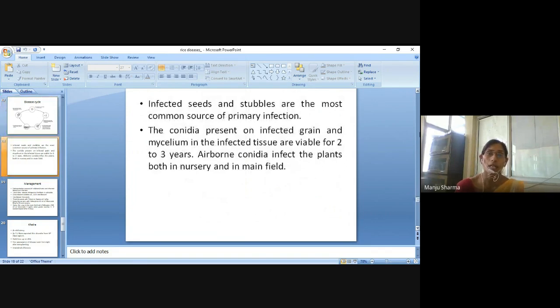Infected seeds and stubbles are the most common source of primary infection. The conidia present on infected grain and mycelium in the infected tissue are viable for 2 to 3 years, and the airborne conidia infect the plants both in nursery and